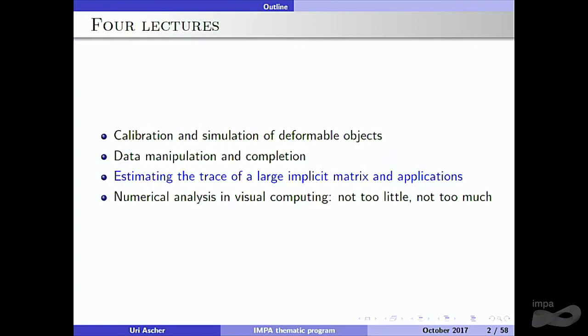So this is the third talk out of 4 that I'm giving as part of my short course weeks. And as I mentioned before, I try to make each of these lectures self-contained, but somehow connected to others. And so this one in particular